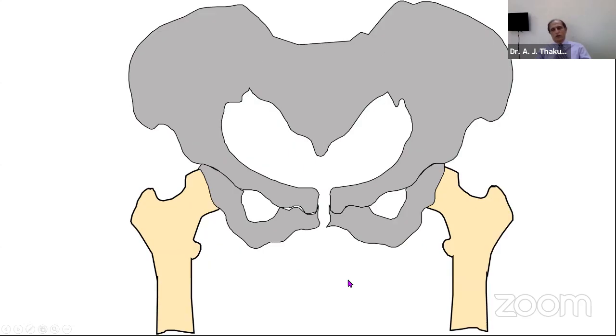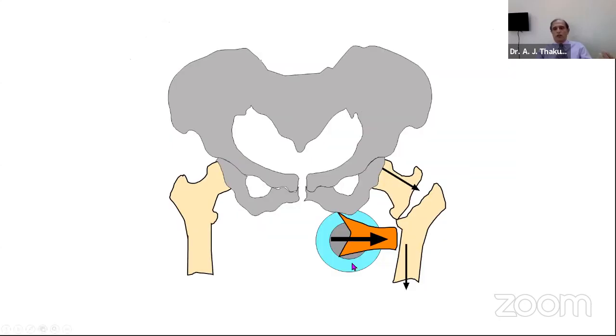Now coming to an intertrochanteric fracture, where should you place the post? On the contralateral side, right in the center, or on the affected side? Well, let's see. If you put it on the affected side, the 10 centimeters, which is the minimum, will press on the soft tissue, and the soft tissue will press on the fracture. And the more traction you give, the vector will go in this direction and your fracture will open up. It will not reduce. Whatever you have reduced, the more you give traction, medially it will open up. So putting the perineal post on the affected side is detrimental for maintenance of reduction.